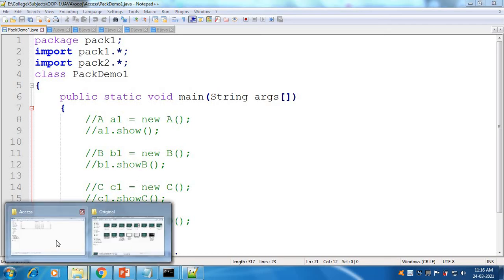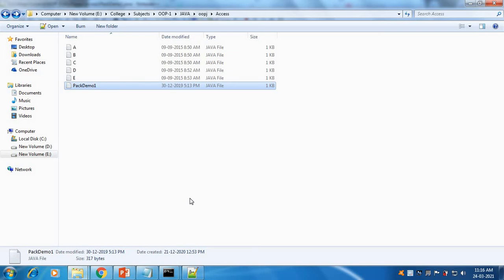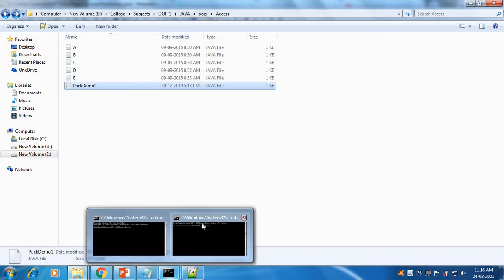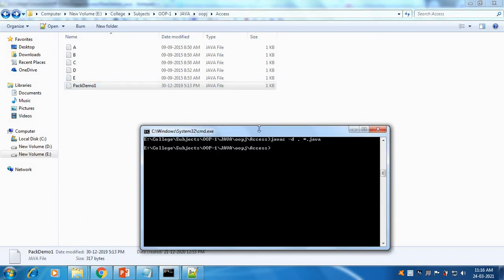First of all, the concept for compiling the package classes. For it we have to open the command prompt. In the command prompt we have to reach the destination where all these files are available.